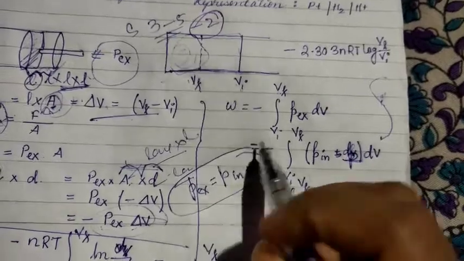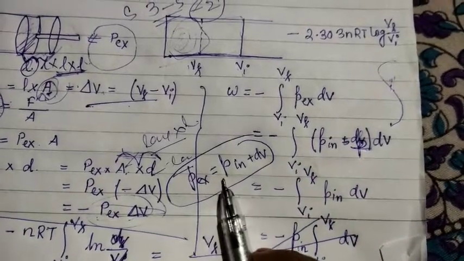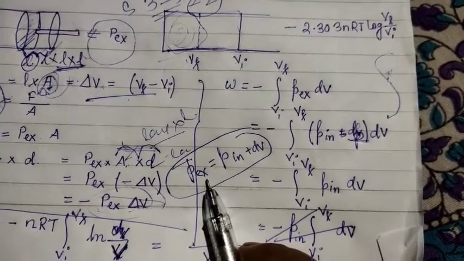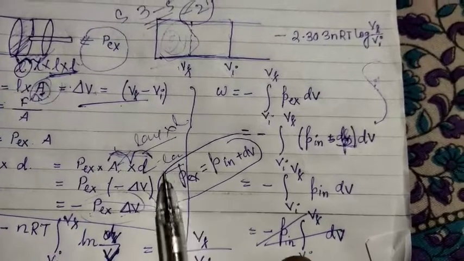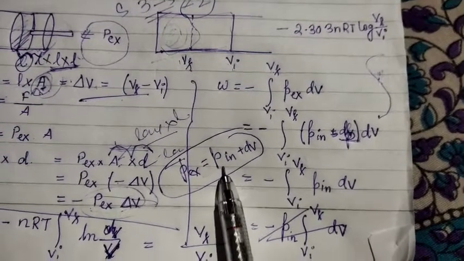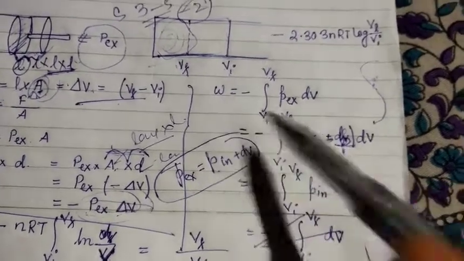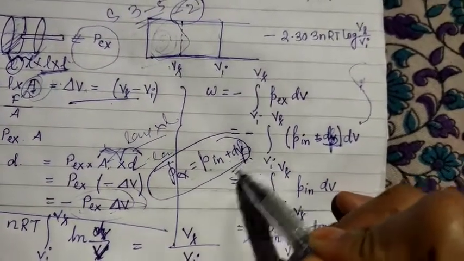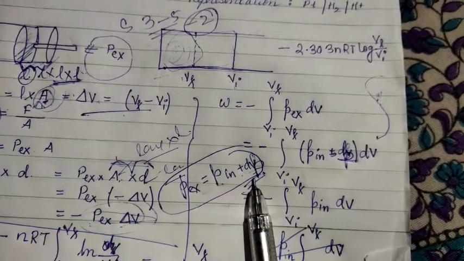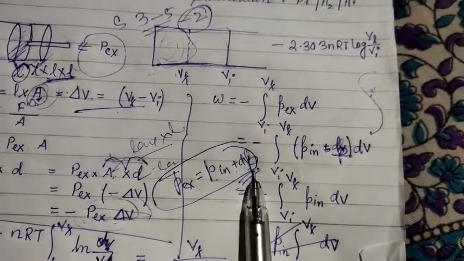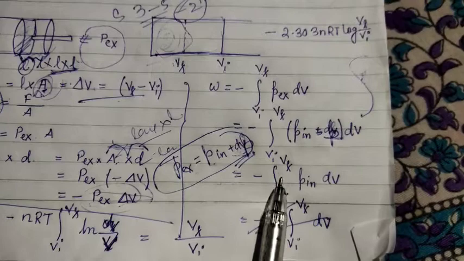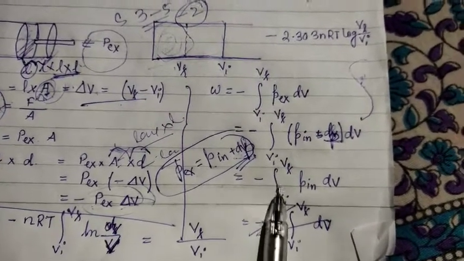We have already said that P external is greater than P internal. By how much is it bigger? Because in order to push the piston inside, the outside pressure has to be more than the internal pressure. It is a little bit more, not too much. So that is designated by dP, a very small change in pressure, or infinitesimally small difference in the pressure. Now again we have written minus integration of